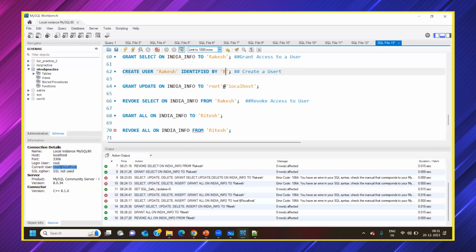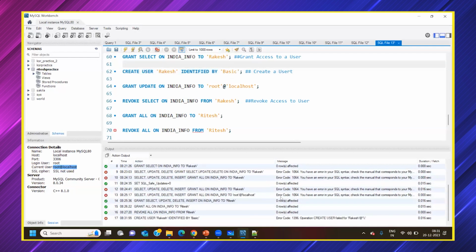Now, for us, it is very difficult to show. MySQL Workbench is completely installed in our local system. If it is installed or connected to cloud, his password would be saved. Now, I can use a basic also. What do you mean by basic? This is a default keyword. Now, if I use this,